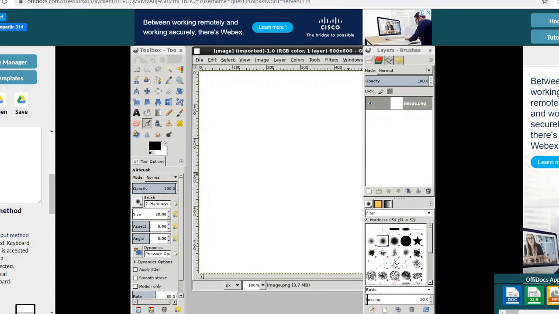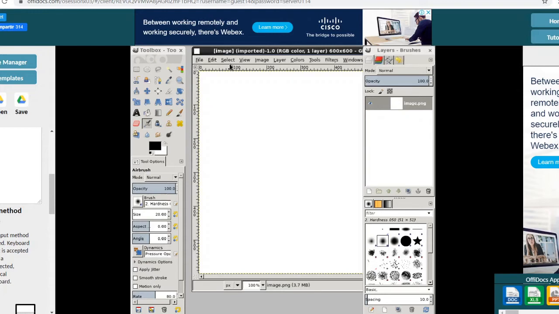As you can see on the screen, on the top, this is known as the title bar, on which the title of this program is shown. Under it, one more bar is there where file, edit, select, view, images, and many other options are shown.